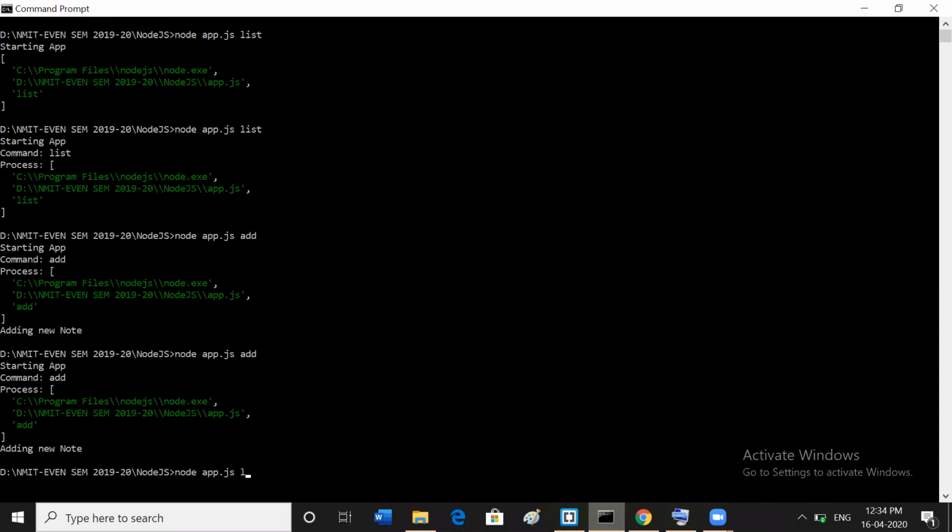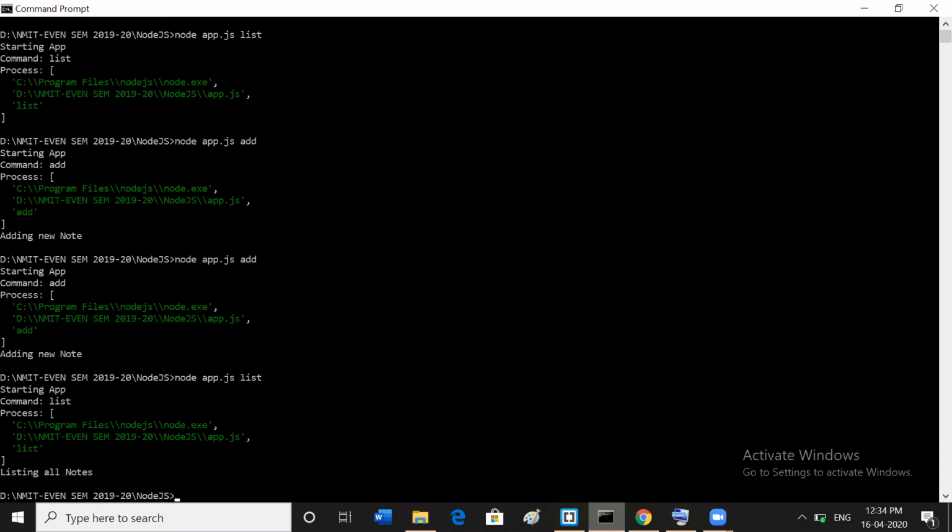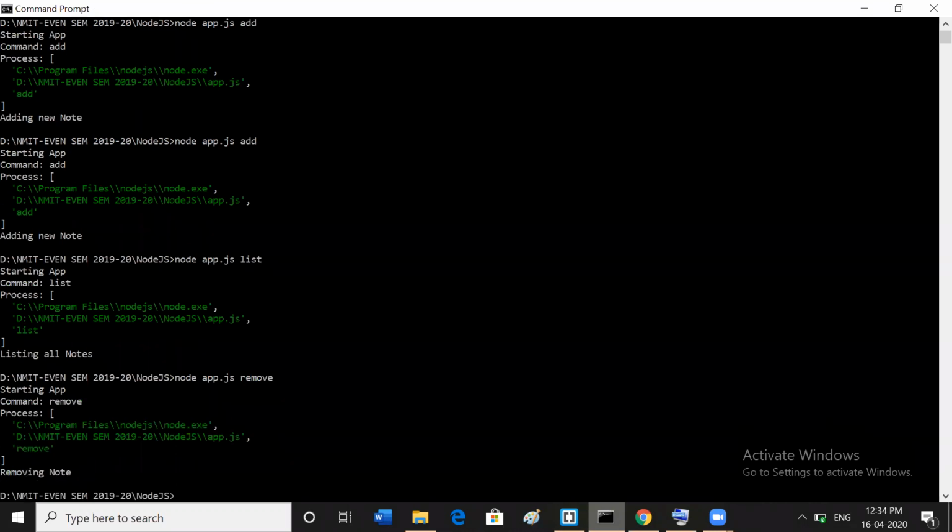Likewise, list, listing all nodes. Likewise, remove, removing node. If you pass any command which is not in the list, that is anything, you can pass this one, it's not in the list, that's why command not recognized.